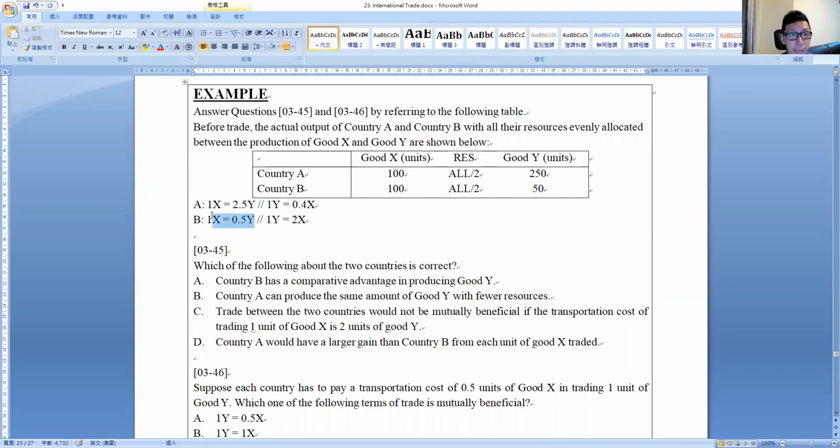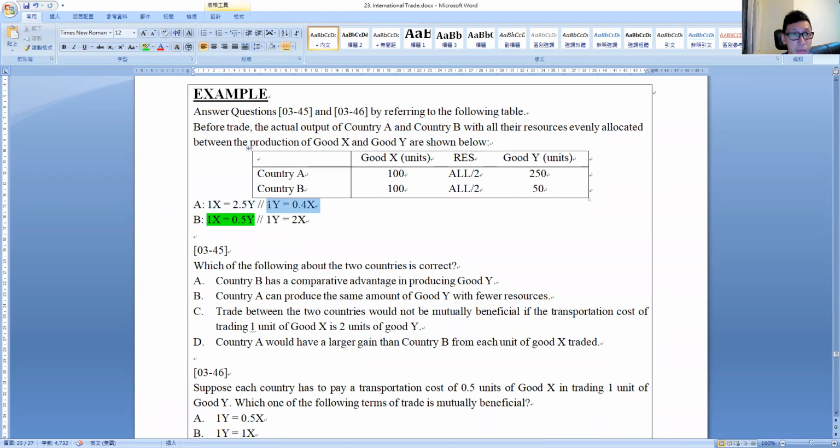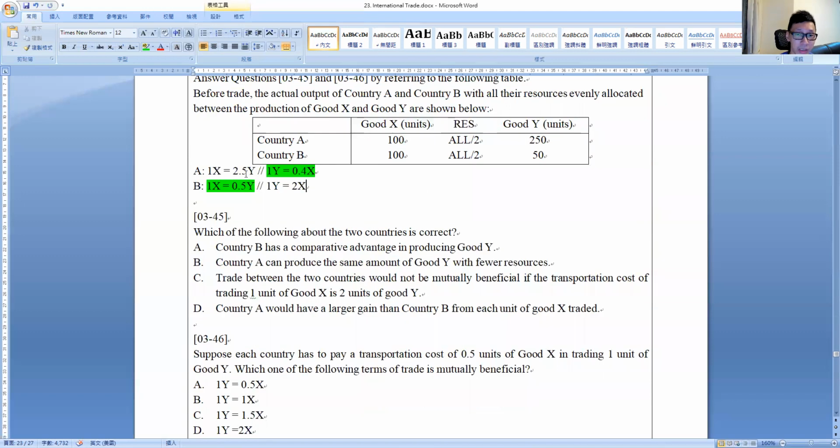So we immediately see for country A and country B, we would know immediately their respective comparative advantage, right? So let's see which one is correct. Country B has comparative advantage in making Y wrong. 係咪？唔啱喎，係 X 先啱喎。